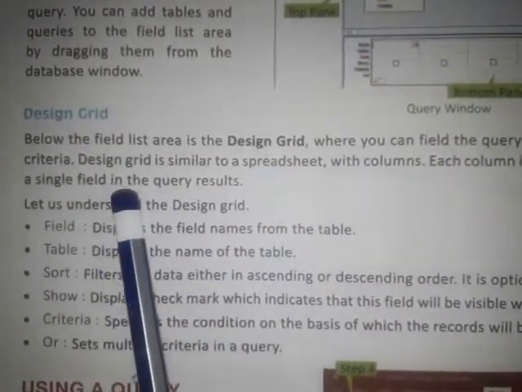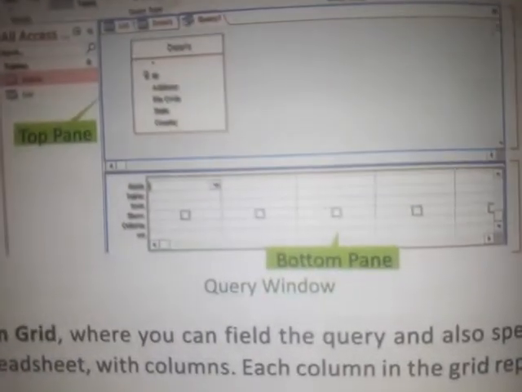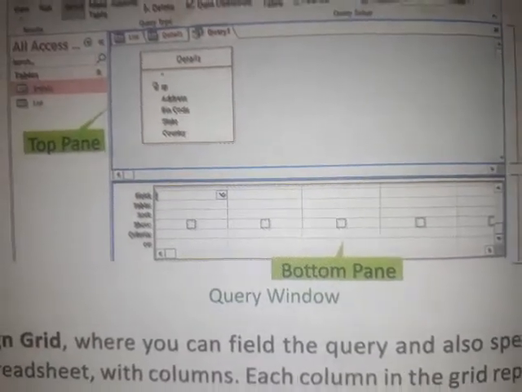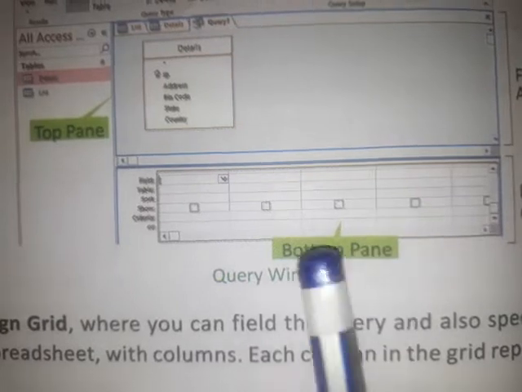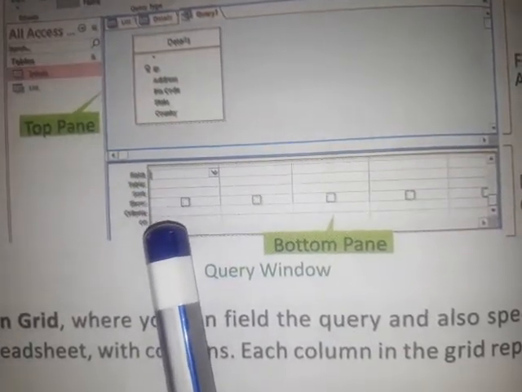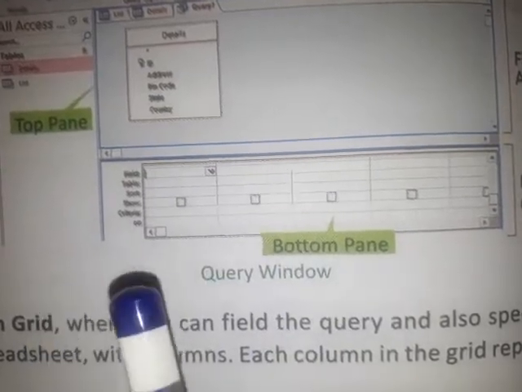Each column in the grid represents a single field in the query result. There are various columns in the design grid. Each column will represent a field. So you can ask the question according to conditions.